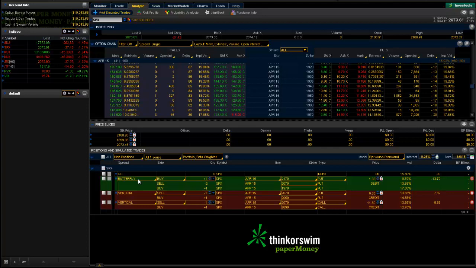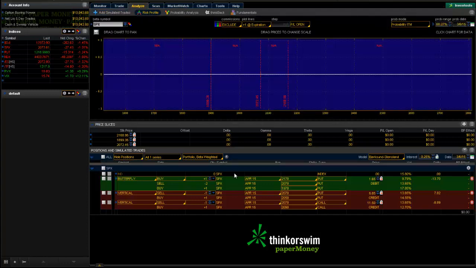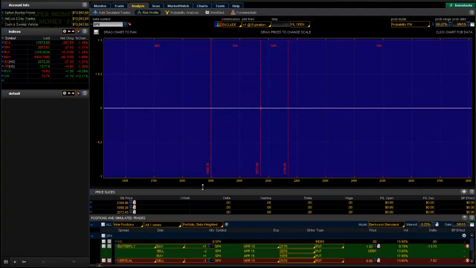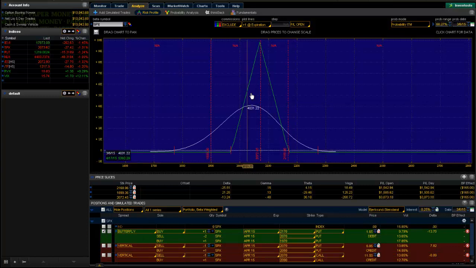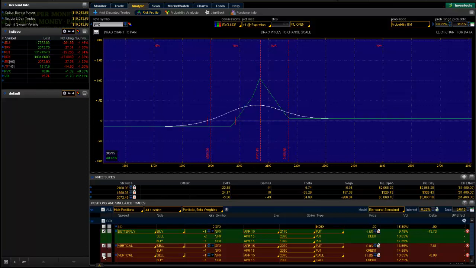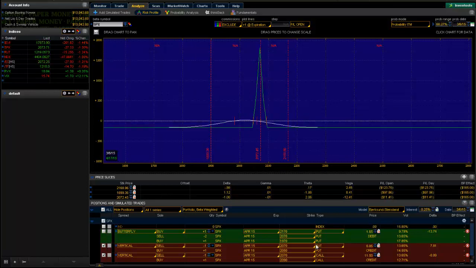So I think that's a really important concept to grasp, because while technically I could say this is a very narrow body condor, I would be correct in saying that, all right? It is a very narrow body condor, so I have very, very small risk, very, very high profit potential, which is exactly the opposite of, let's say I did something like this, where I maybe